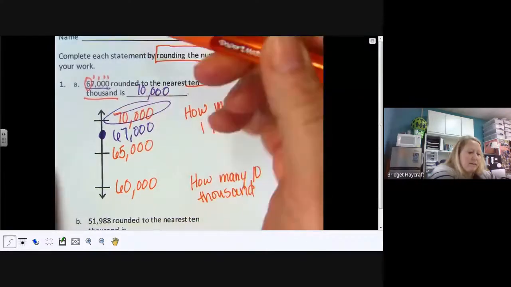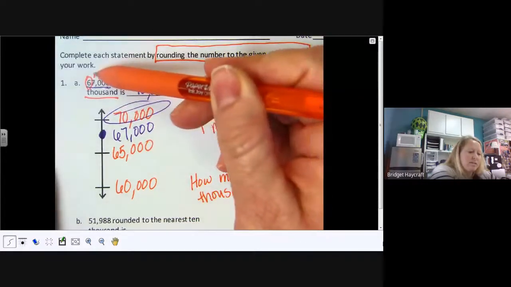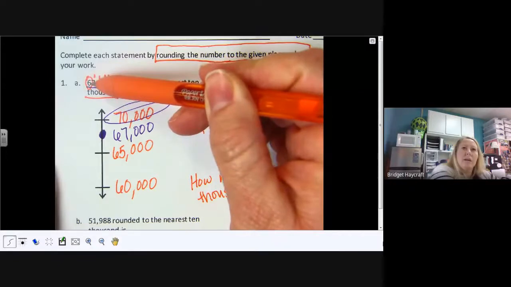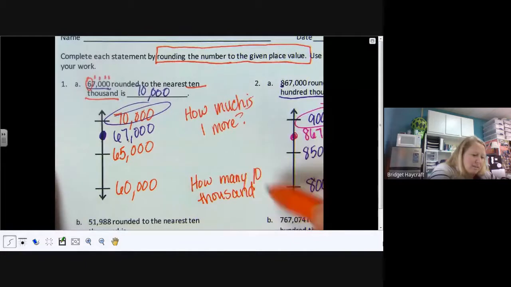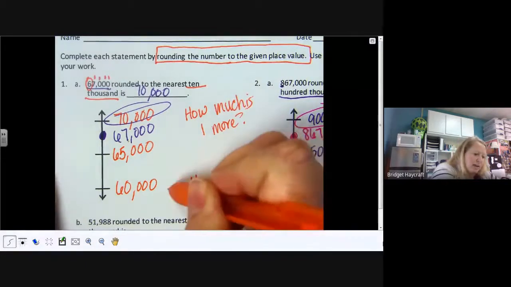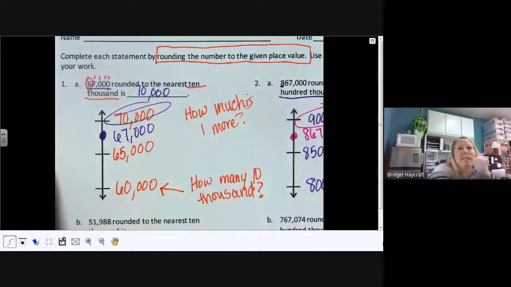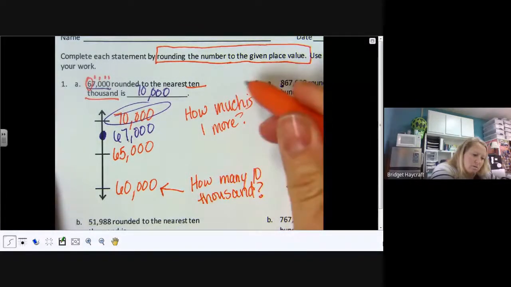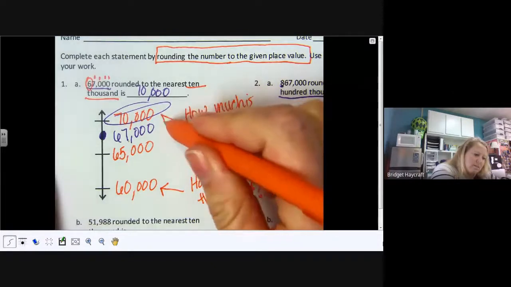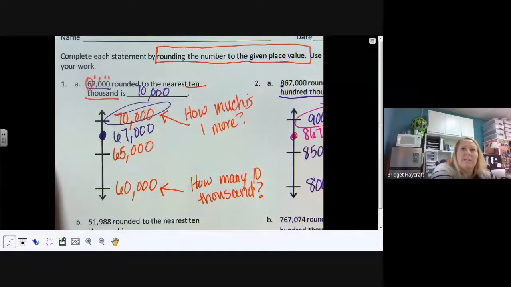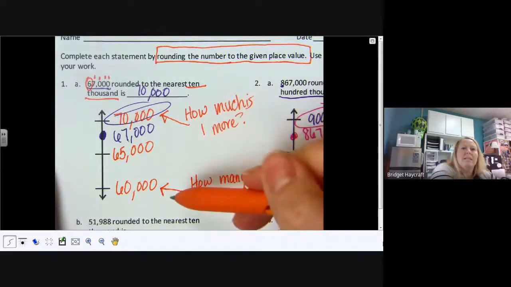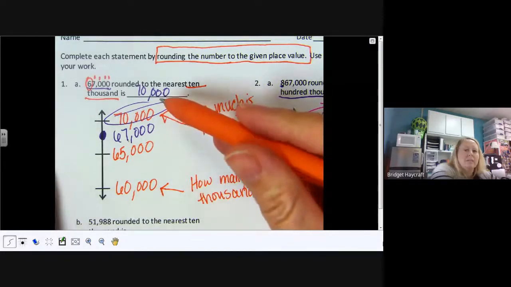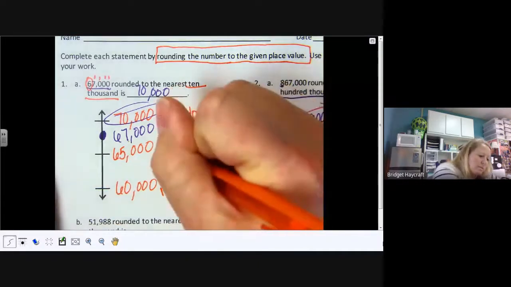We had to find which digit was in the 10,000s place. The 6 was in the 10,000s place. So you asked the question, how many 10,000s? And you put that at the bottom. Well, there were 6 10,000s. How much is one more 10,000? That would be 7 10,000s, and you would place that there. Then you have to find the midpoint between 60,000 and 70,000. So the midpoint would be